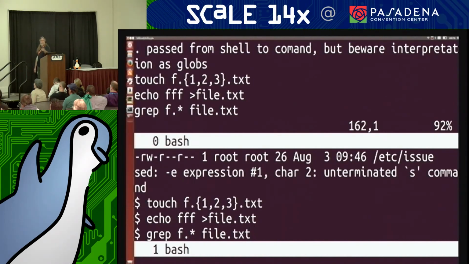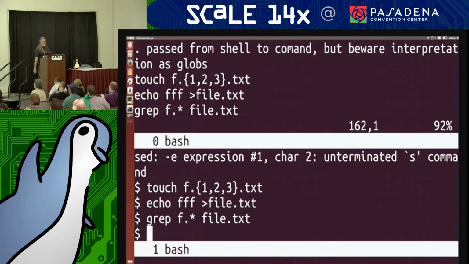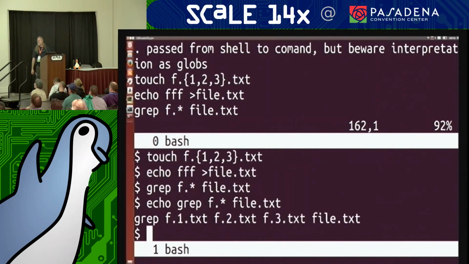Nothing. We know we have an F in that file. grep is looking for an F in that file, but it's not finding it. We get nothing. So how do we tell why we got nothing? We use a print statement. In the case of echo, echo is just spitting out whatever the shell handed it after the echo, right? So echo gets the plain text that the shell interpreted and handed off to the echo. And the shell saw the f dot star as a glob and said,